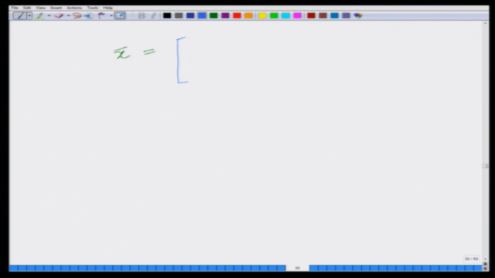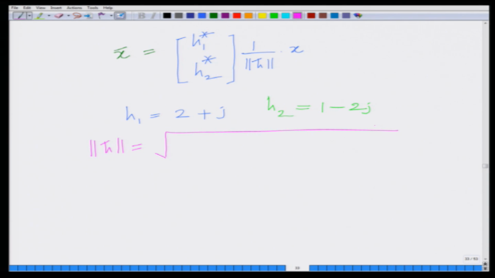equals [H1 conjugate, H2 conjugate], 1 divided by norm H bar, times X. Now, we have H1 equals 2 plus j, H2 equals 1 minus 2j, therefore norm H bar equals square root of 4 plus 1, magnitude H1 square, plus 1 plus 4, that is magnitude H2 square, which is square root of 10, and therefore, the optimal transmit vector